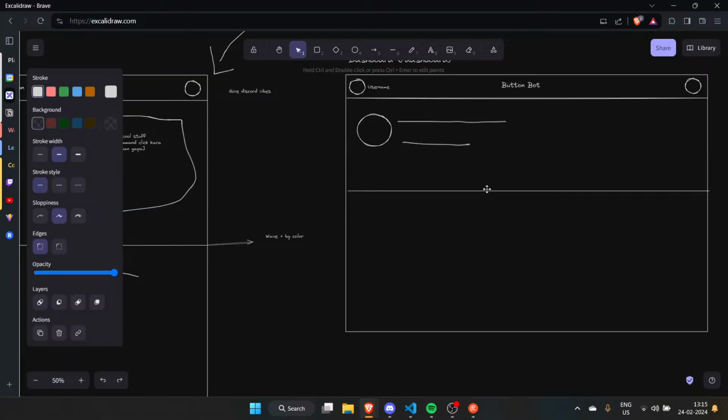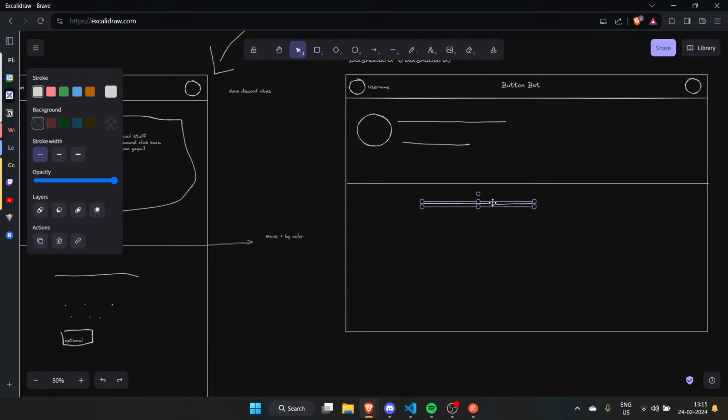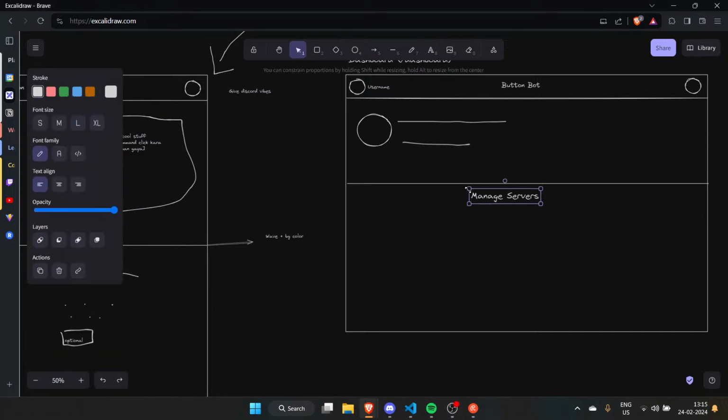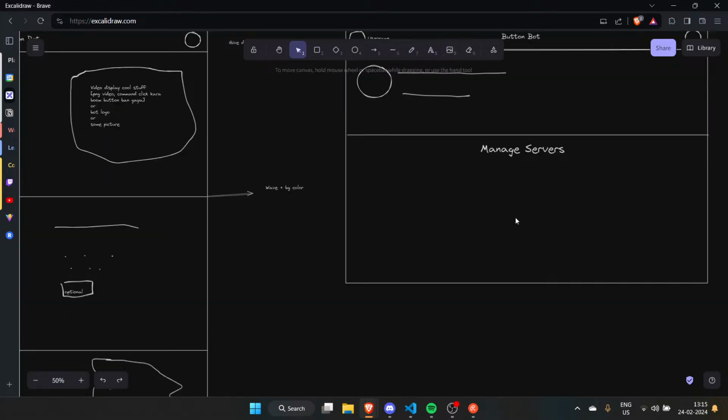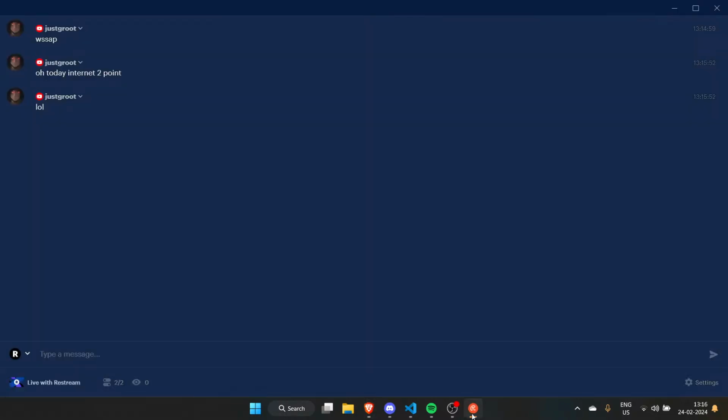So I'll move this thing a bit up, and then we need this here. Nah, just add like text. I'm gonna say something like manage server, and then I'll increase the size, put it in the middle or something. Then we need to obviously do more boring things, like, let's think about it.